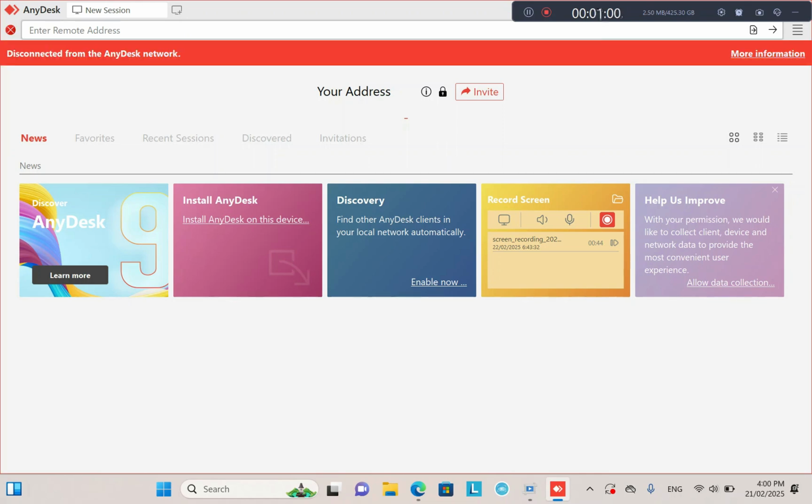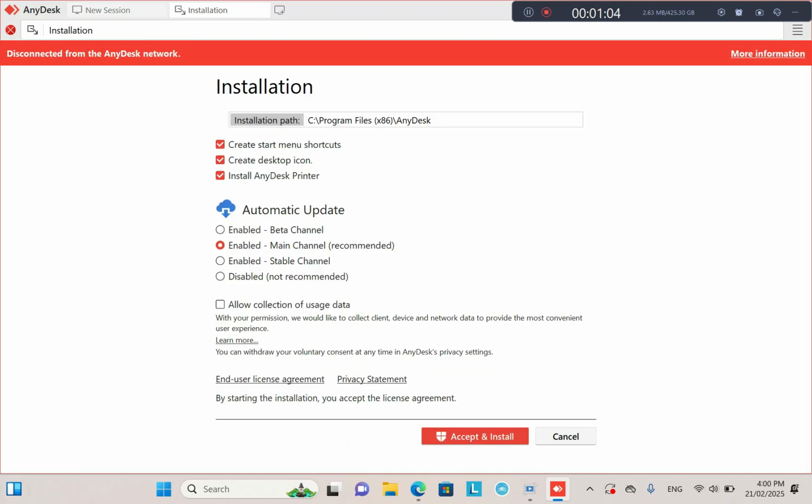If not working, nothing to worry. This is the last step. It should work. Now install the application completely as I told you. Click accept and install. Once this installation is done,